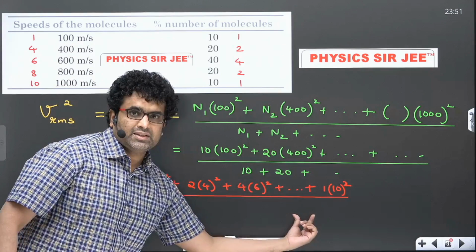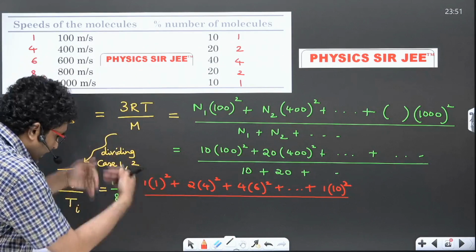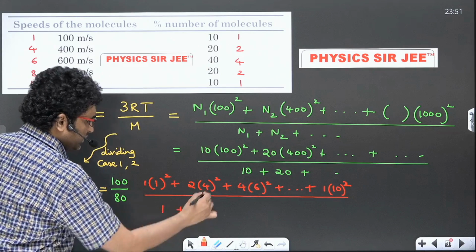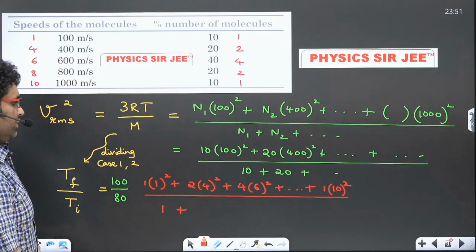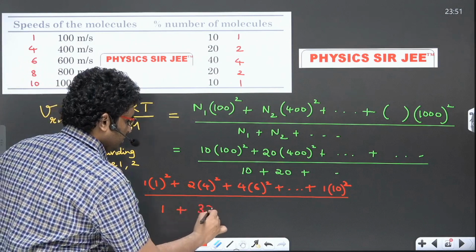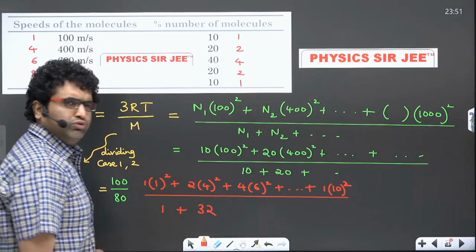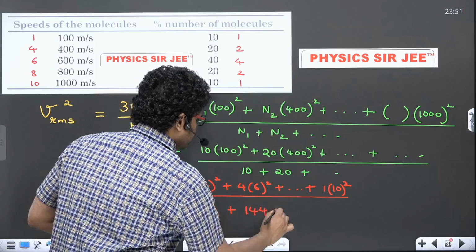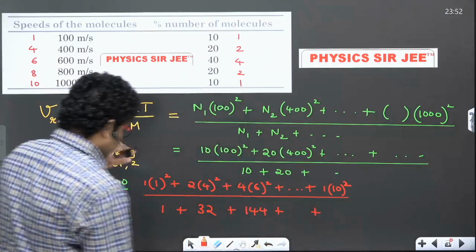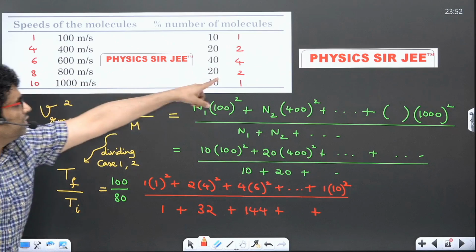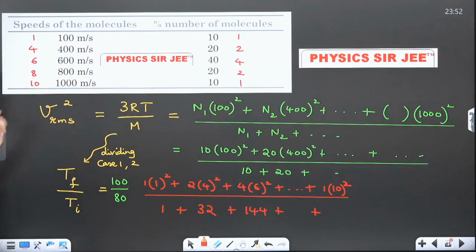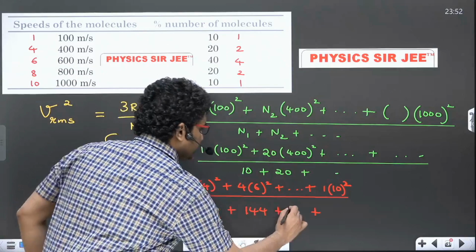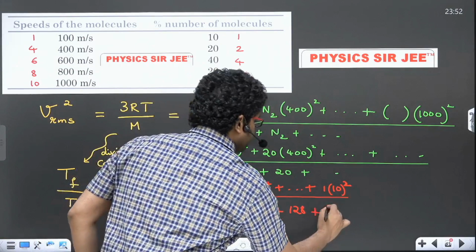That missing number will exist in the denominator. So I'll directly write those numbers so that I can be quick with my calculation. So this would be 1 plus this number would be 16 2s 32, then 36 fours is 144. Then that missing number which exists in case 1 would be that 2 into 8 square. 2 into 8 square would be 64 2s 128, that 128 extra, and this would be 100.